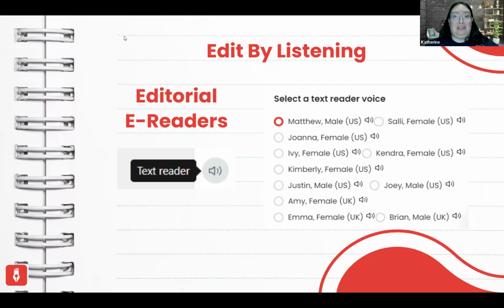So you can highlight a section of up to about 200 words, click the editorial e-reader button, choose a voice you like, and go ahead and have it read it. And then pause, fix anything you heard, and then do it again. And not only this, but I recommend doing it backwards. That's my personal Catherine recommendation